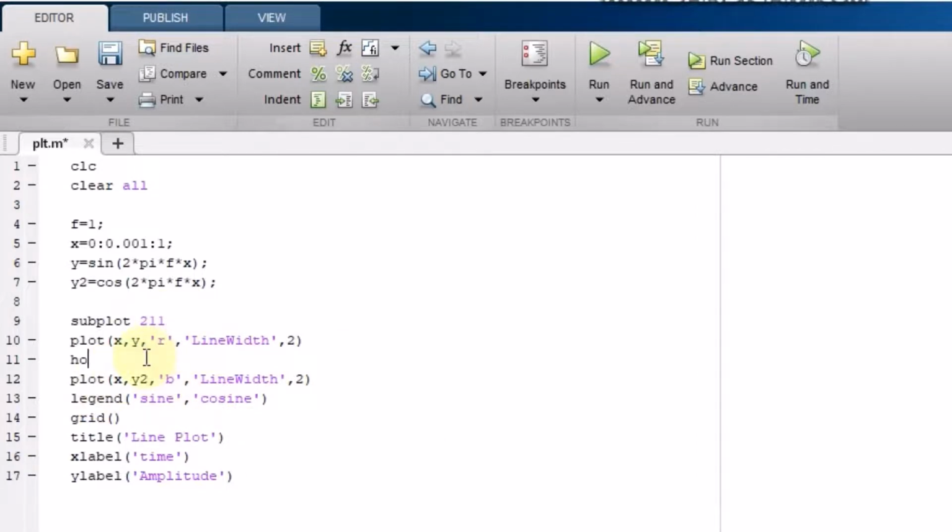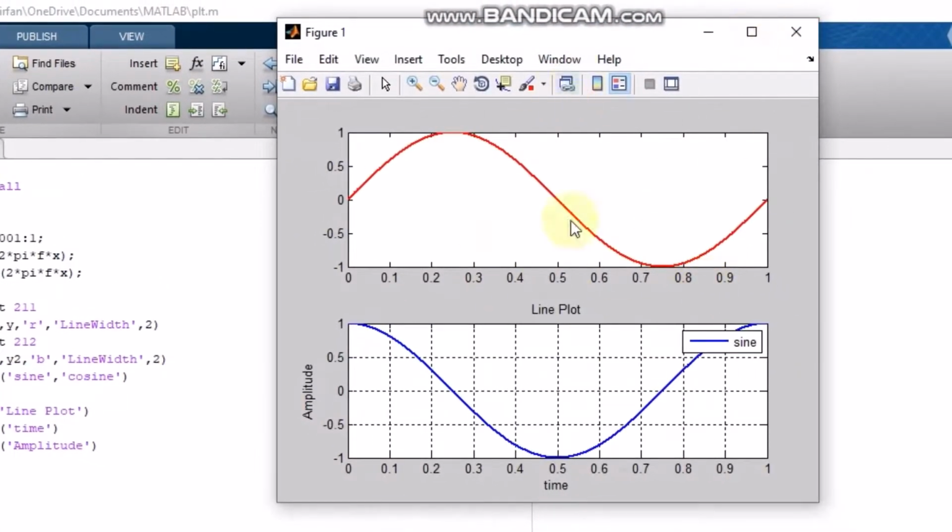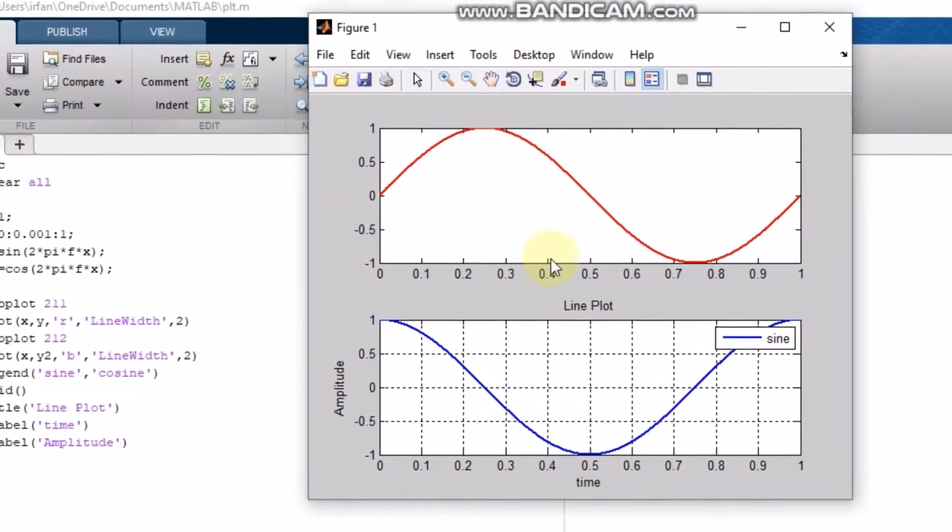Similarly here, let me remove this, hold on, and here subplot two rows one column, and this is my second plot. Okay. So let me run it now,